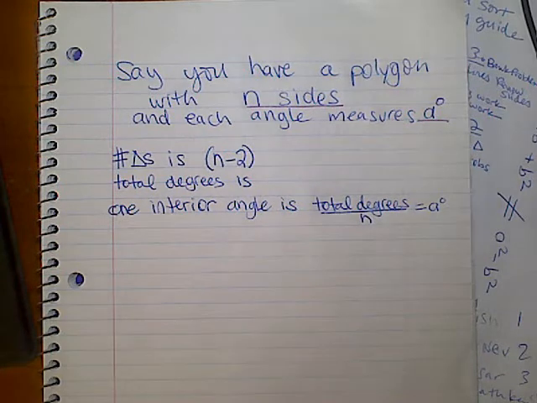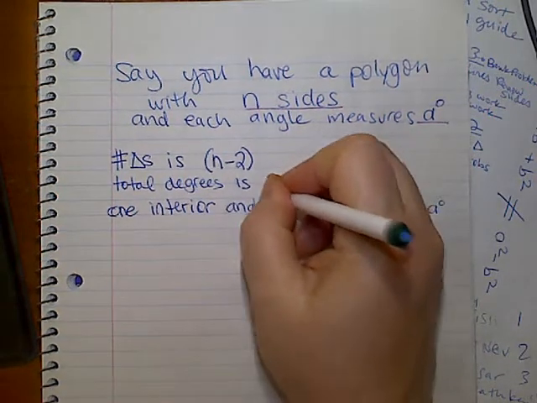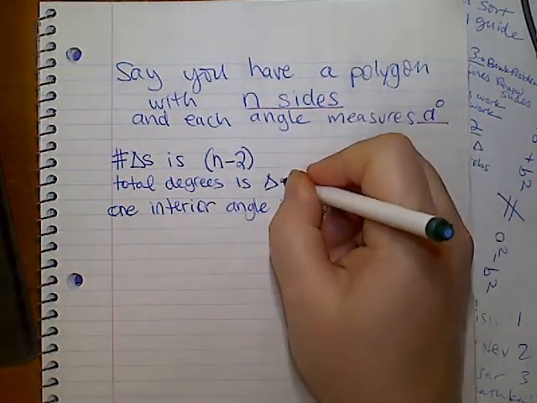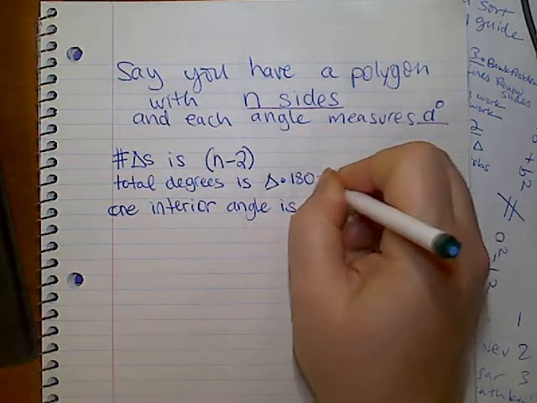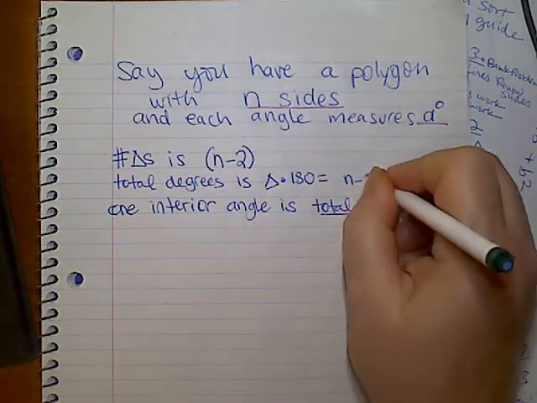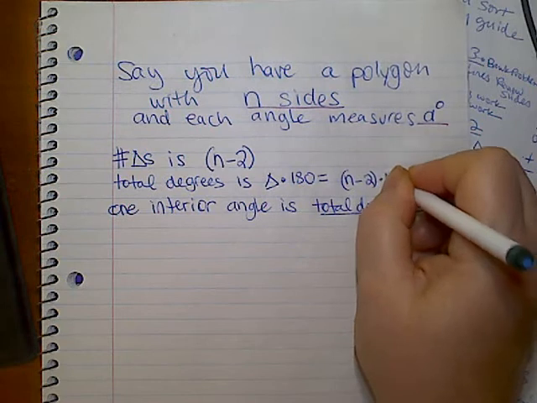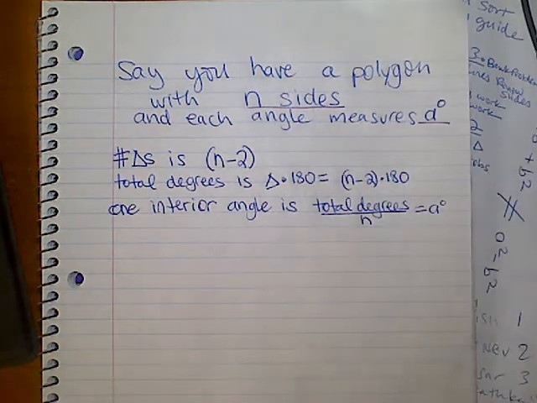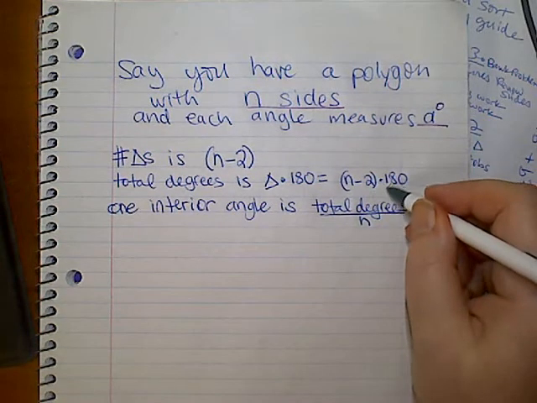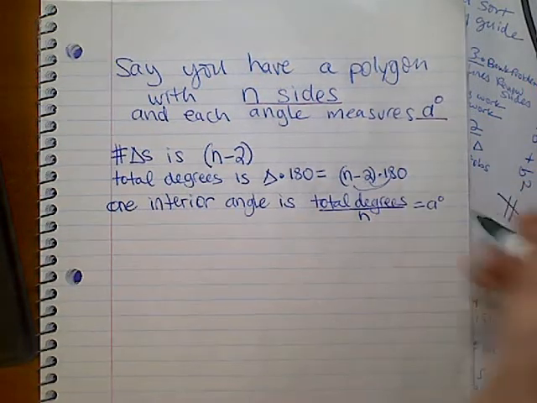And then the total number of degrees is the number of triangles times 180, but that's n minus 2 times 180. And we also found out that we can use the distributive property on this to call it